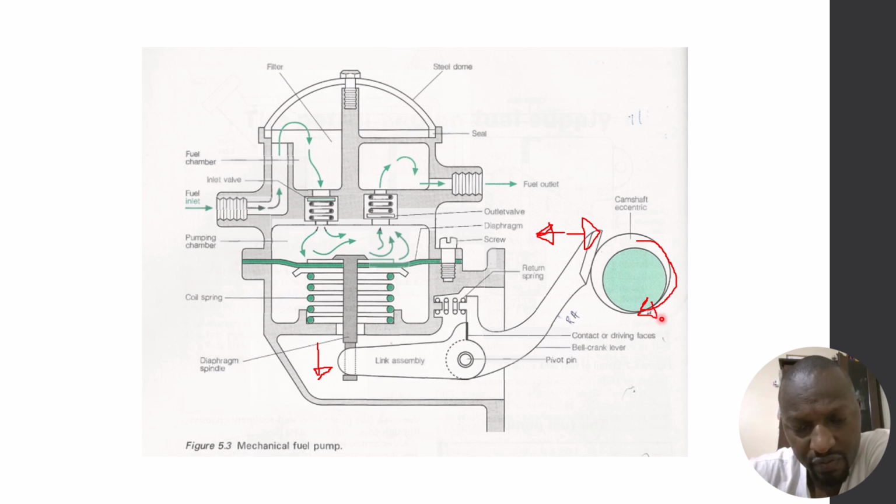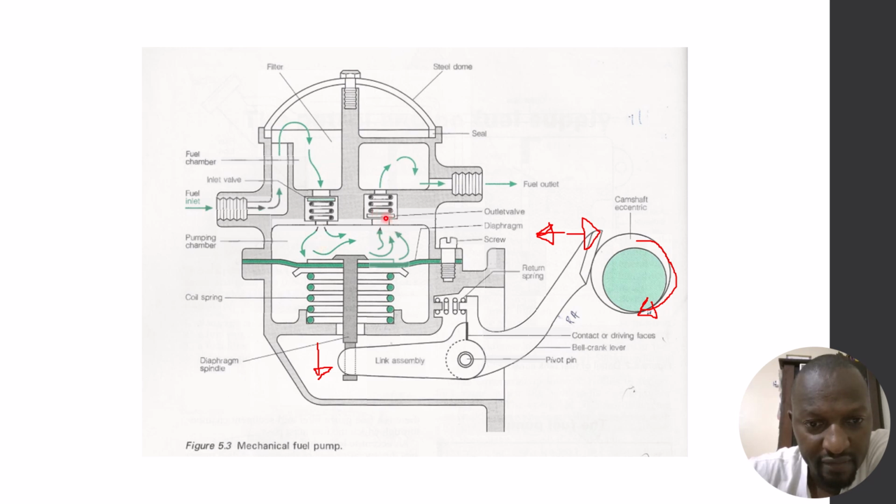Now, as the camshaft continues to rotate and the lobe moves away, the bell crank lever follows it, leaving a gap here. The gap here will allow the diaphragm spindle to retract backwards through spring tension, and that causes the diaphragm to move upwards and reduce the volume of the pumping chamber. Now, because this valve, its seat is blocking this outward way, petrol cannot flow back out through the inlet, but